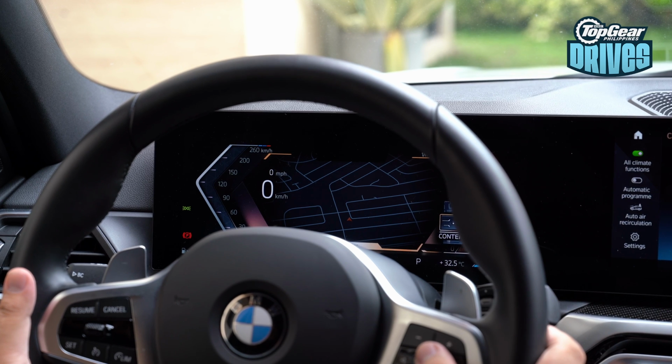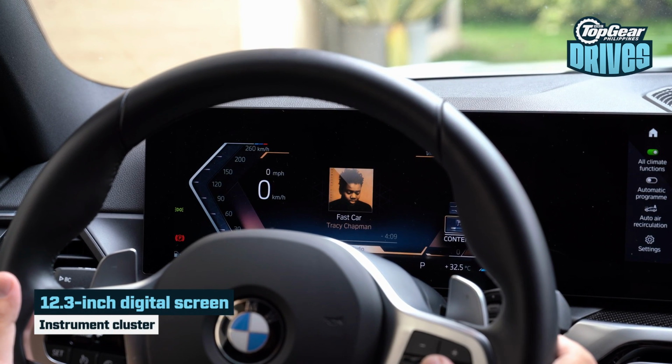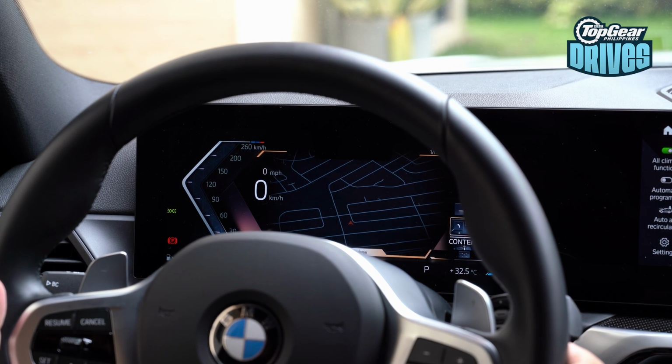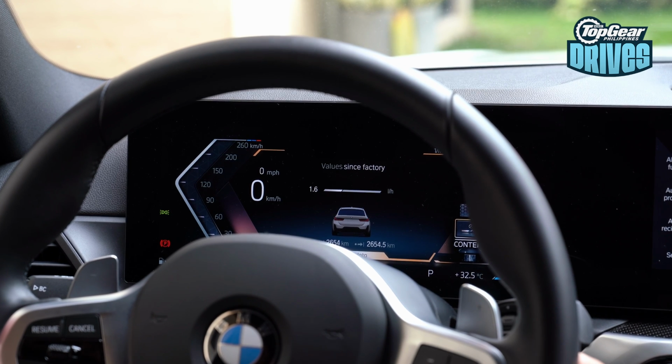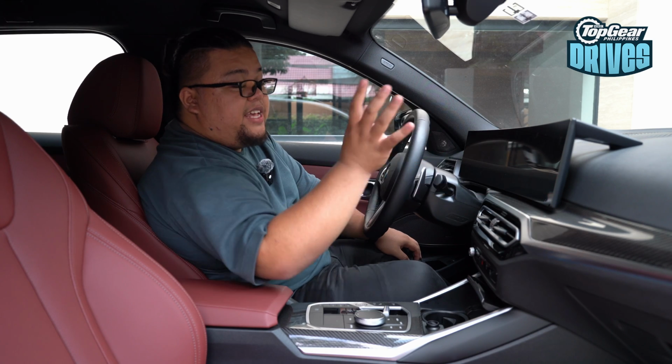You have twin displays here. You have a large instrument cluster here that's all digital, and it's just got all the information you need. It can also integrate the navigation system here, so when you're driving, you just see everything here. It's not a HUD, but it's very easy to use because it's just within your line of sight. This, meanwhile, is your typical